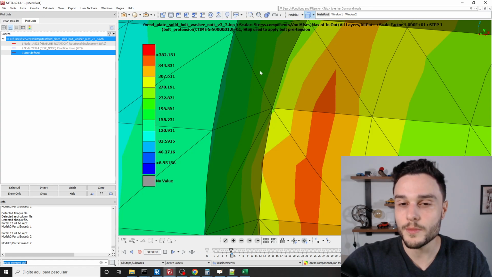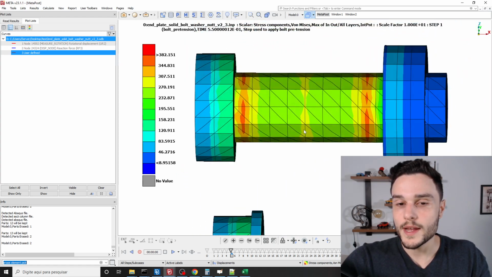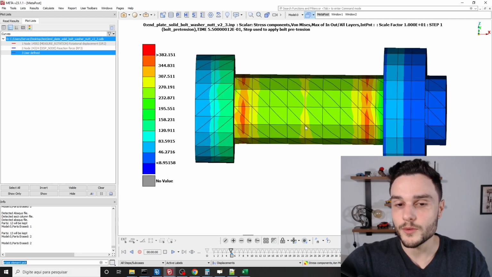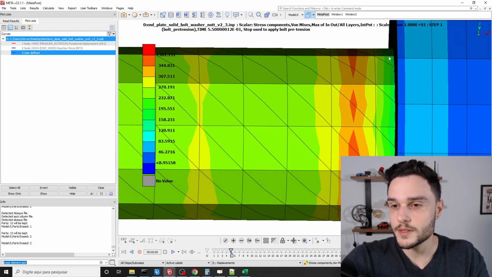But if we want to represent this small radius, then we would have to consider very small elements here. So it's usually not worth it. So when we are analyzing a bolt, we should analyze this region that starts here in this first row of elements and ends here where we have the start of the thread. Let's suppose that the thread starts here at